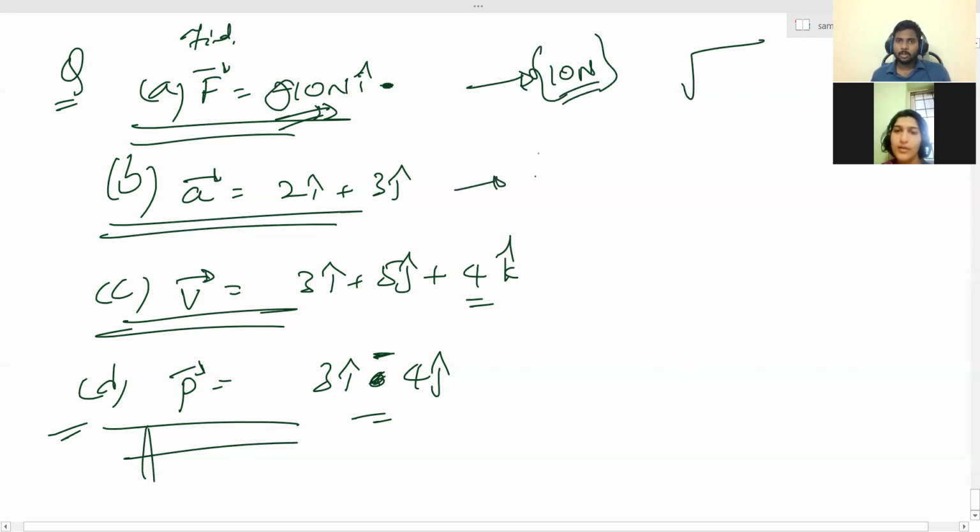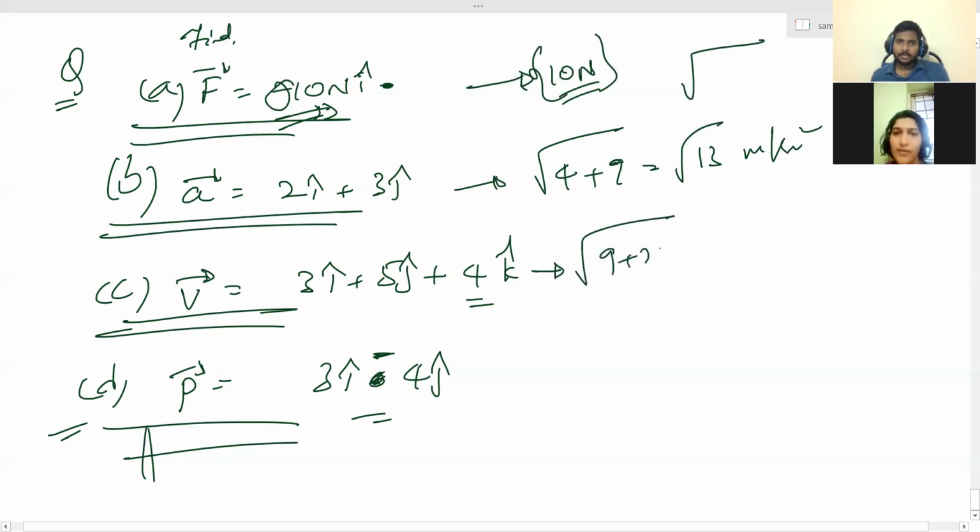This is becoming root over 2 square, that is 4, the x component square, horizontal component, plus 3 square, that is 9. That is root 13 meter per second square acceleration. So velocity is root over 3 square 9 plus 5 square 25 plus 4 square 16. So 25 plus 16 is 41, 41 plus 9 is 50. Root 50 means